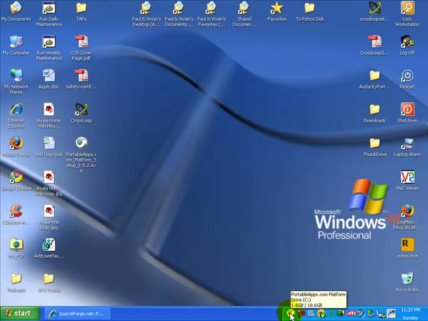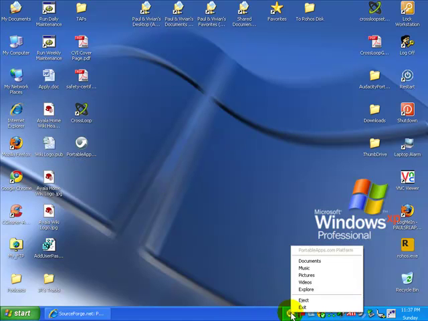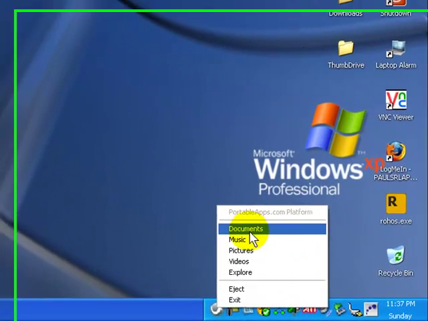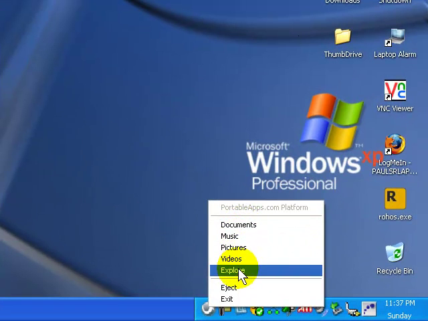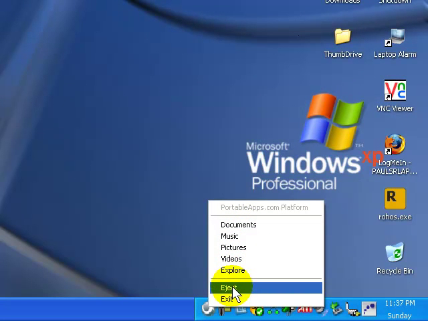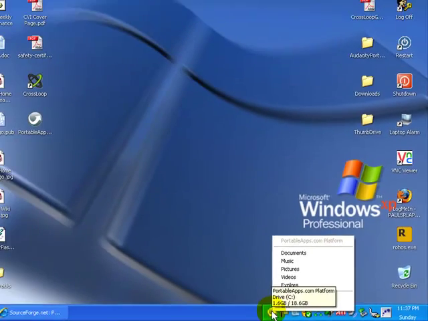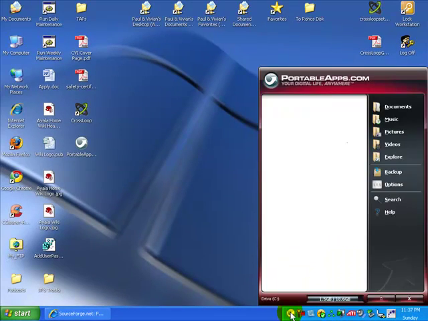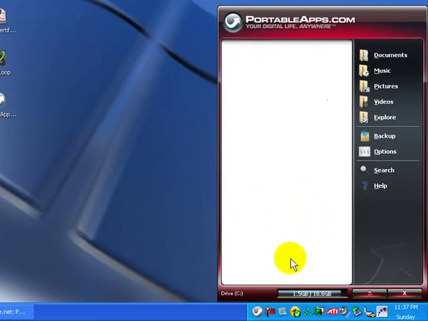If you right click on it, you have simplified shortcuts to all the directories. Eject to eject your thumb drive, exit just to exit the menu itself. If you do a left click on it, it pulls the menu back up. And you'll also notice down here it's saying drive C because I'm installing on a folder on the C drive. But normally that would be the drive letter that's assigned to your thumb drive, and it tells you how much free space